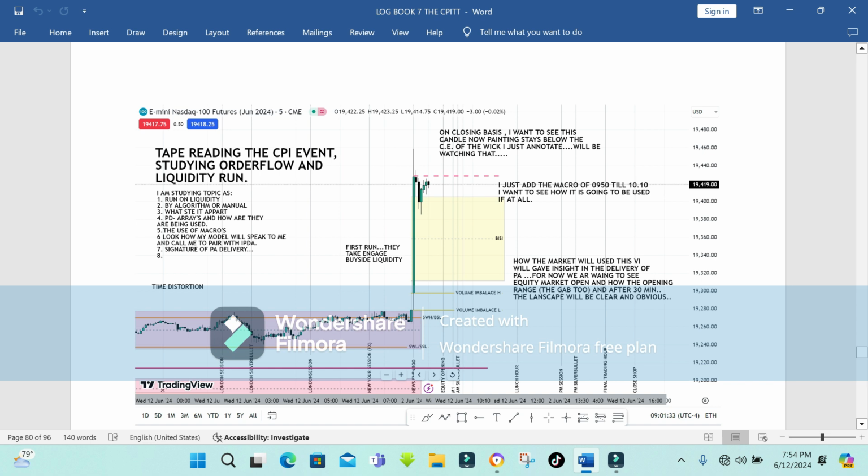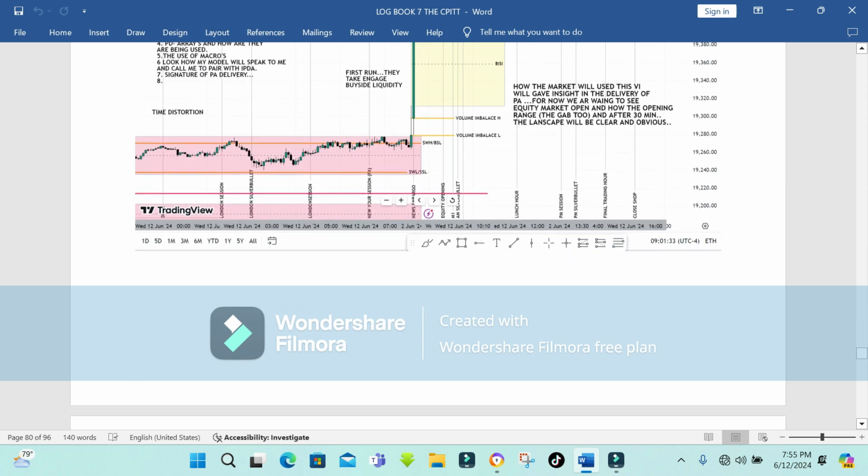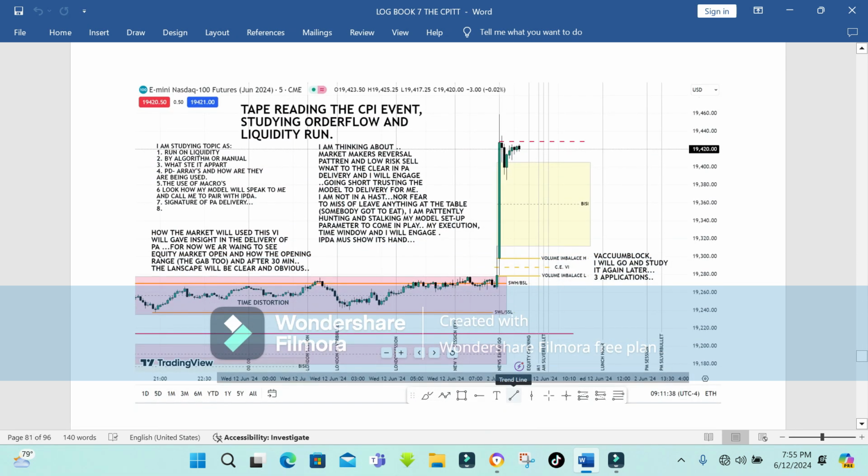How did the market first run for stops, is it manually or by algorithm? What are the PDRA that are in play? What have they left? Which macro have they used, and for what purposes have they used it? I was just studying and reading the tape this morning. I had the purpose to enter after